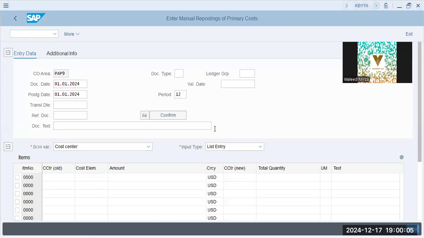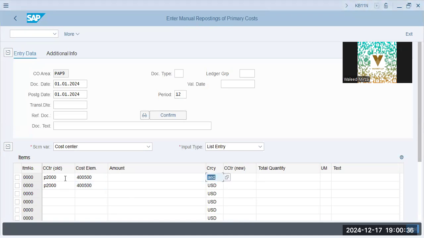And the old cost center is P2000, where the entry was reflected. P2000 cost element is 400500. And the amount that we have to enter is